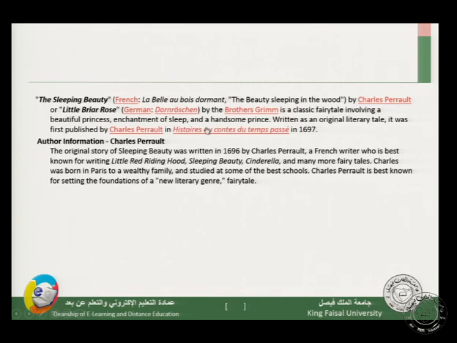Of course, you have to know and remember names of writers or collectors or compilers of stories assigned for you this semester. So you have to remember names of every story that you read and some brief background about each writer. So here it was written by Charles Perrault,